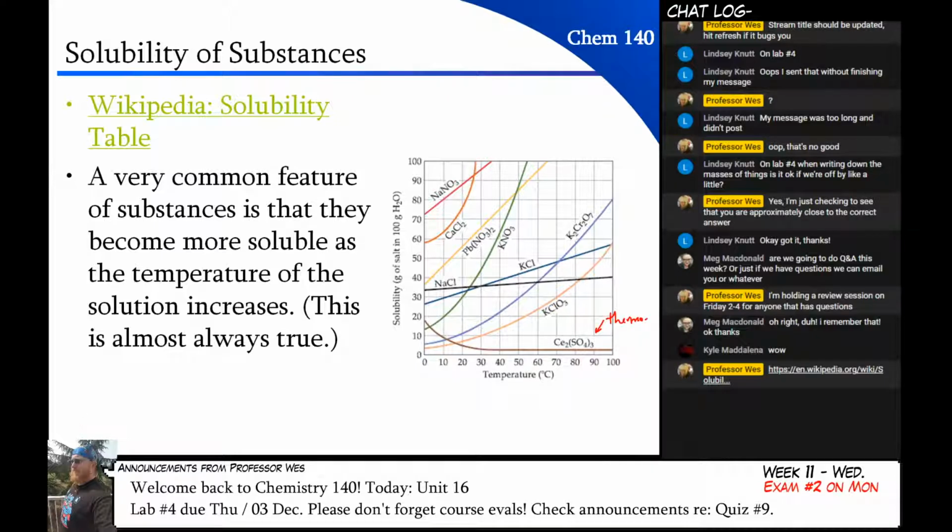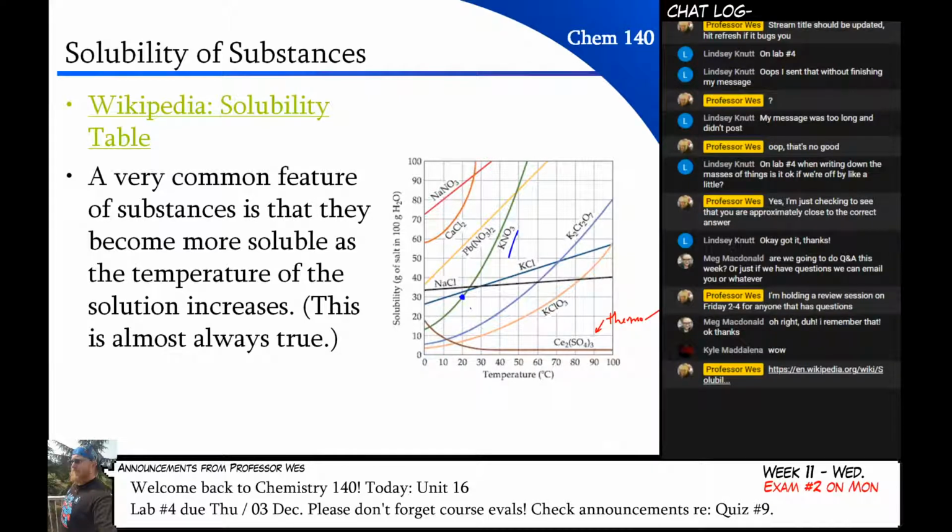Now, how do we read this chart? Because we need to explore it for a bit of a discussion here. So for our discussion here, I'm going to use this line right here, KNO3, potassium nitrate. If I look at some points on the graph, such as this one right here,